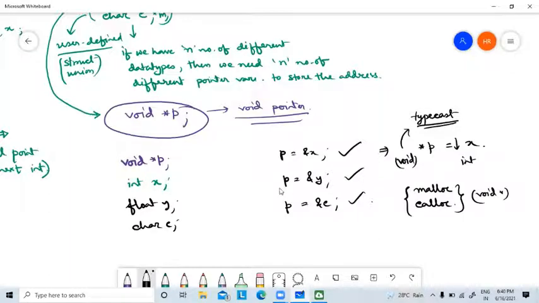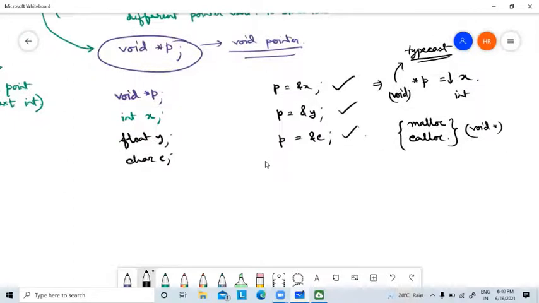Now in case of a void pointer, you can store the address of other, different variables. But the problem is you cannot use a void pointer simultaneously. Having the address of x, I am only able to access the variable x, not y.